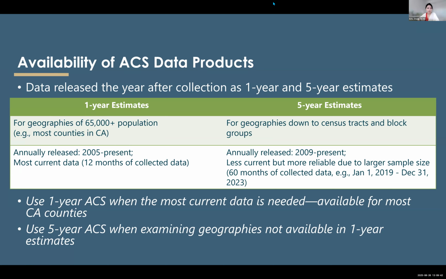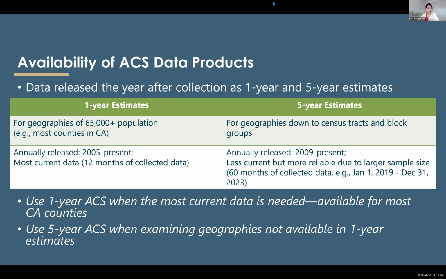In the case of California, this is many of the counties. The ACS 1-year estimates are released annually, officially started in 2005. The latest one we have right now is for 2023, and the 2024 1-year ACS is actually coming in just a few weeks in September.